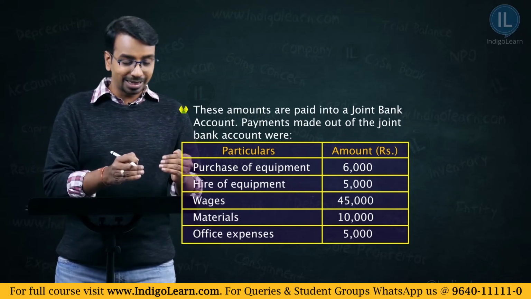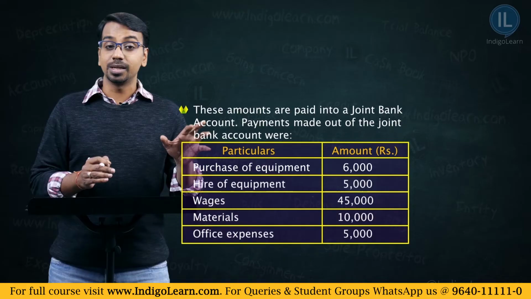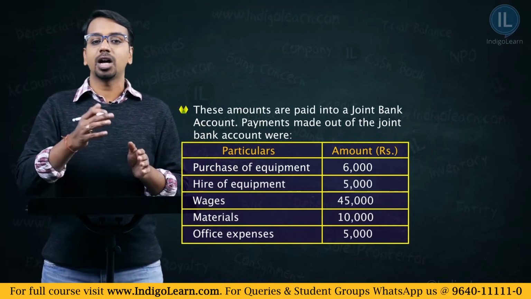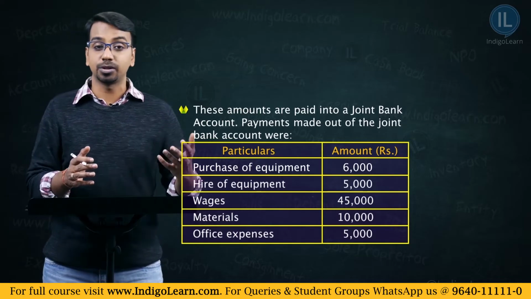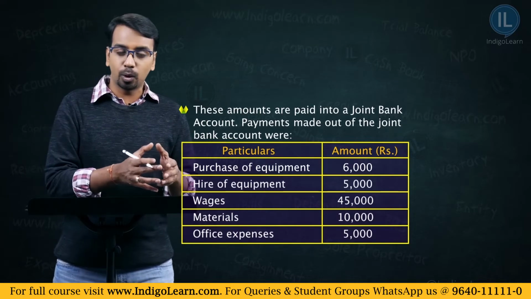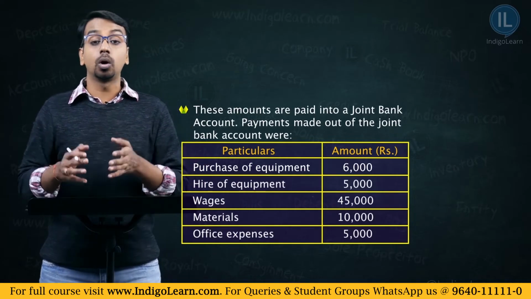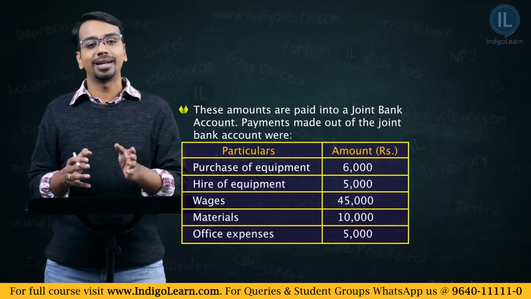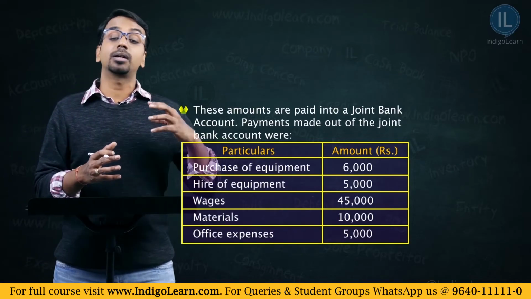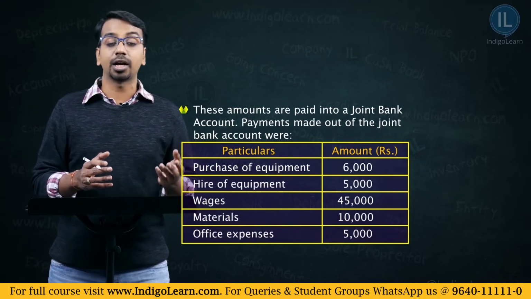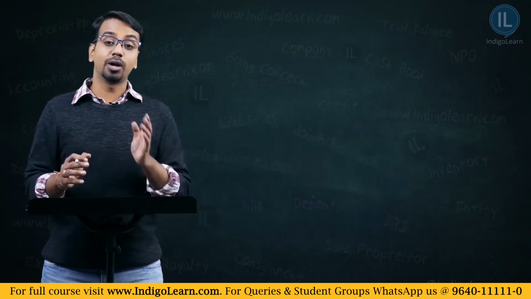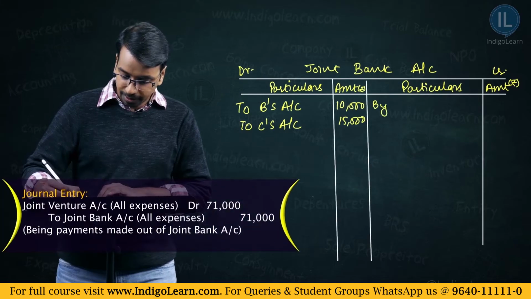account. Now in this list, equipment is not an expense, it is actually an asset which will be expended or charged to the joint venture account in the form of depreciation. So the way to do that is debit joint venture account with the entire amount. Later when that equipment is sold or when some value is realized, we'll credit that to the joint venture account. So whatever is going out will debit the expenses to joint venture account and credit will happen to joint bank account. So let's pass that entry by